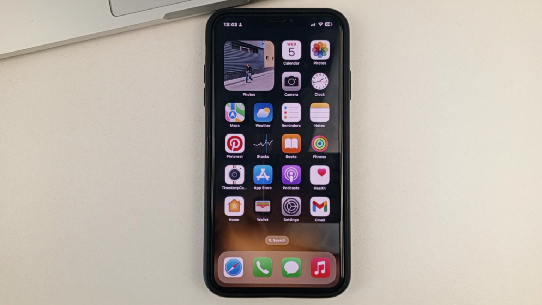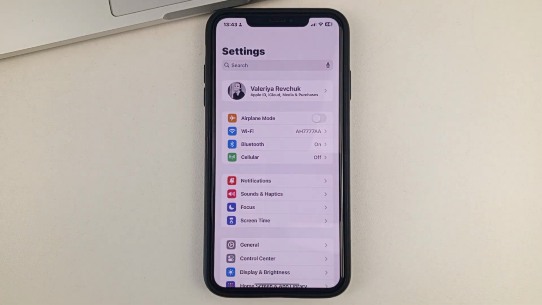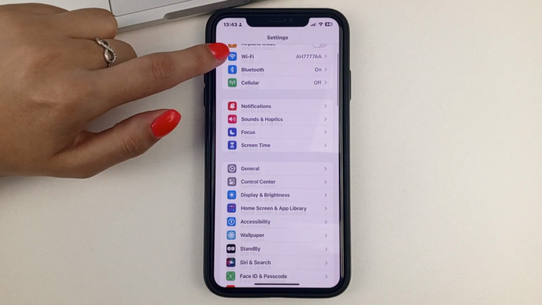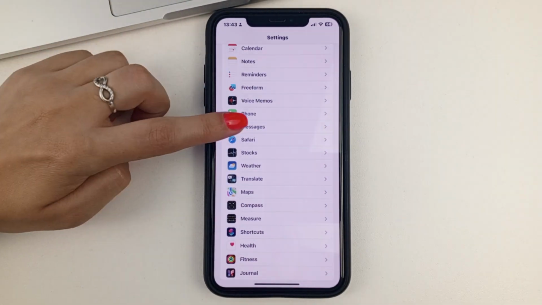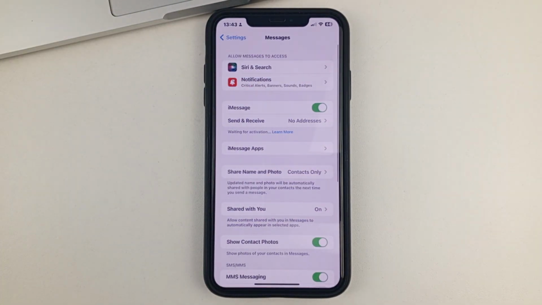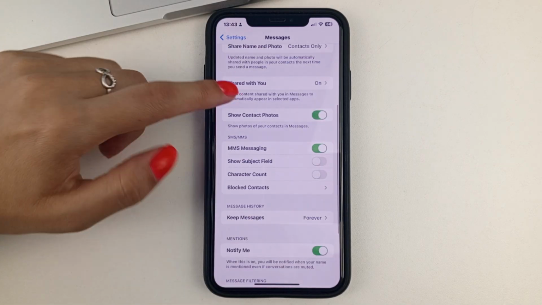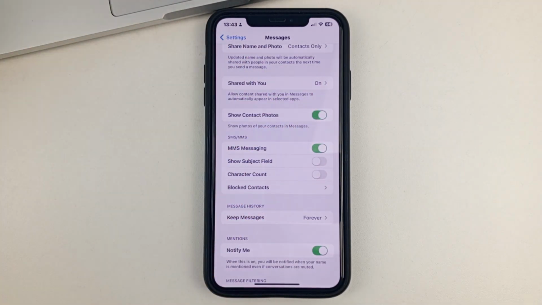In order to do that, you're going to have to open up your iPhone settings, and then scroll down until you find the Messages settings and go through them. And here, scroll down in this area, you'll find a feature like Send Read Receipts.